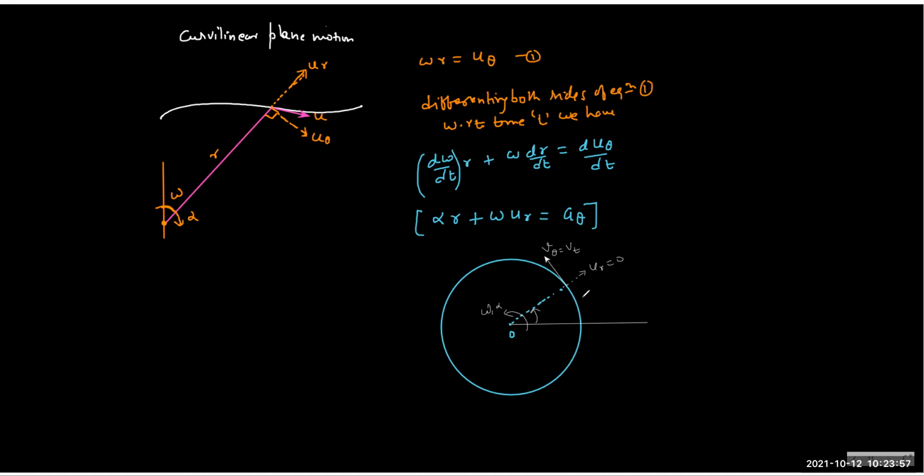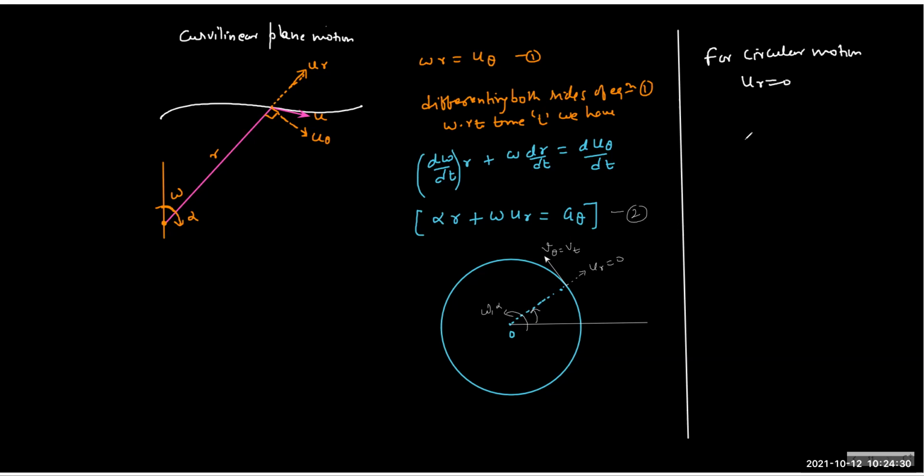So the r is not a variable, and because ur is zero, so the equation 2 simplifies, and that's what is important. So we need to understand that for circular motion, a variety of things get simplified. A general curvilinear motion is really complex. I mean, this is the formula you can see. So what we say is that for circular motion, the ur is always zero, and therefore equation 2 implies